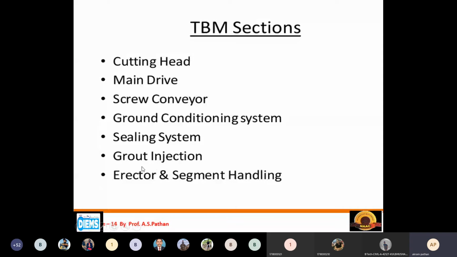This machine does all the things we saw in the last sequence of drilling and blasting. So we need not worry about the grouting, the sealing, or the mucking. Each and every thing is done with the help of this machine.